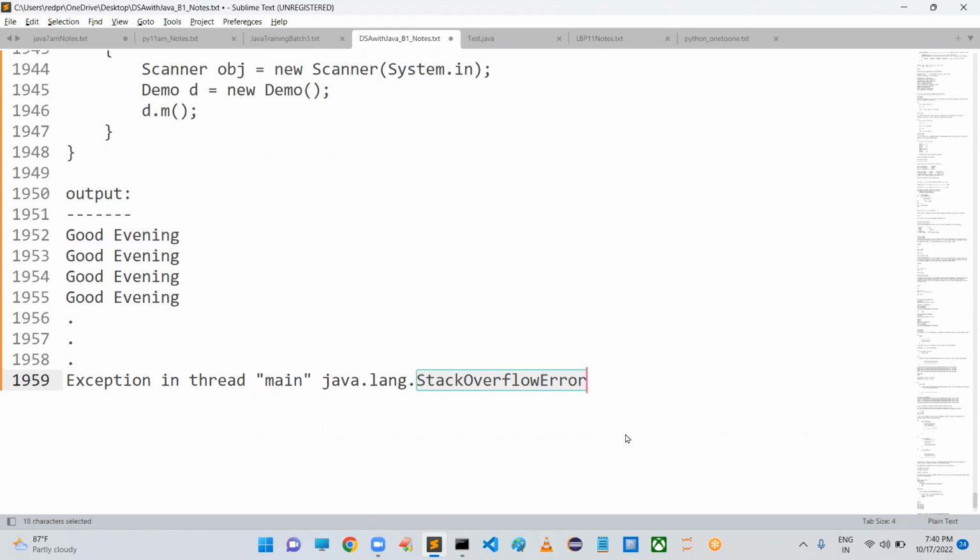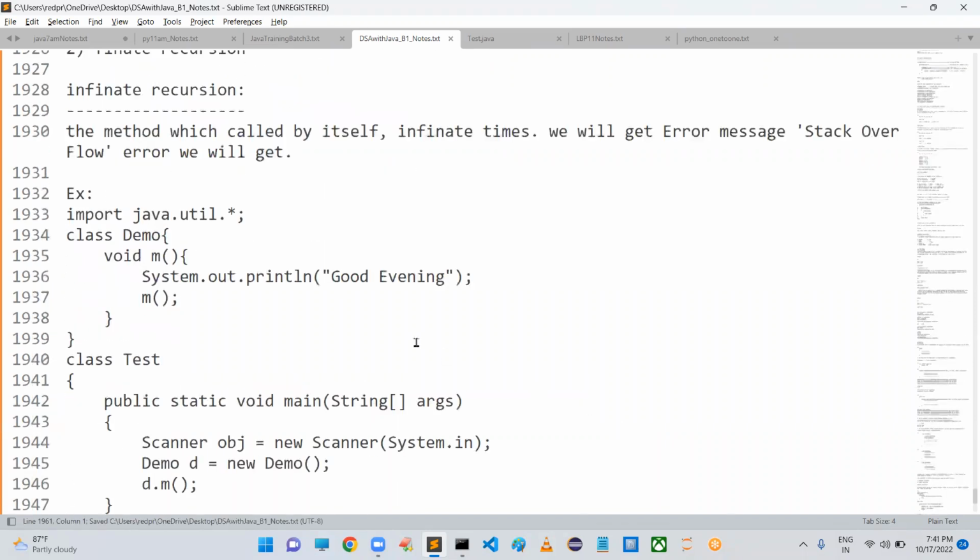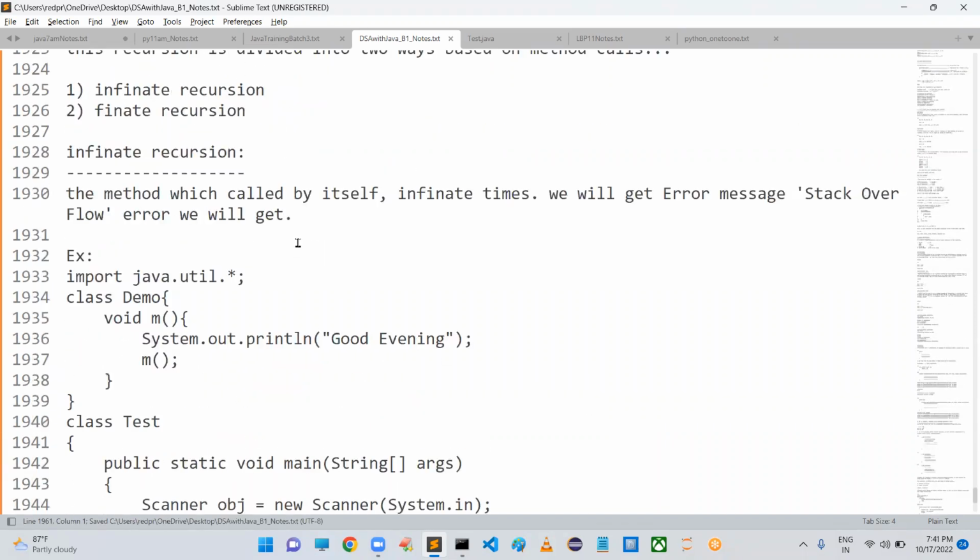But if you go with enterprise applications, there you can redefine all these things. But here at the programming language level, we don't have any control panel to change the sizes, buffers, all these things. That's why we have some issues here. So up to a certain limit, okay. But once you cross it, it will give the message saying stack overflow error.